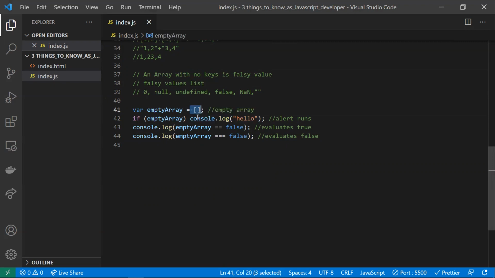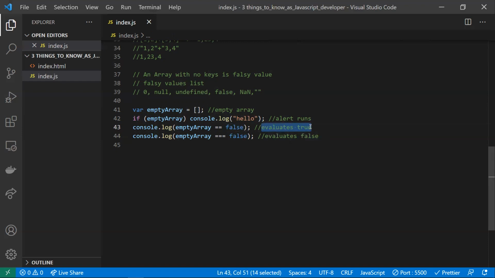That's the reason this empty array is not in the list of falsy values, because it is evaluated as true when you give it in the if condition. It means it is not a falsy value, of course. So that's the reason it is not mentioned in the falsy list. And if you use it in any of the conditions, it will evaluate to the true value. When it is an empty array, or we can call it an array with no keys, if you check a boolean condition with that empty array, this results in true.